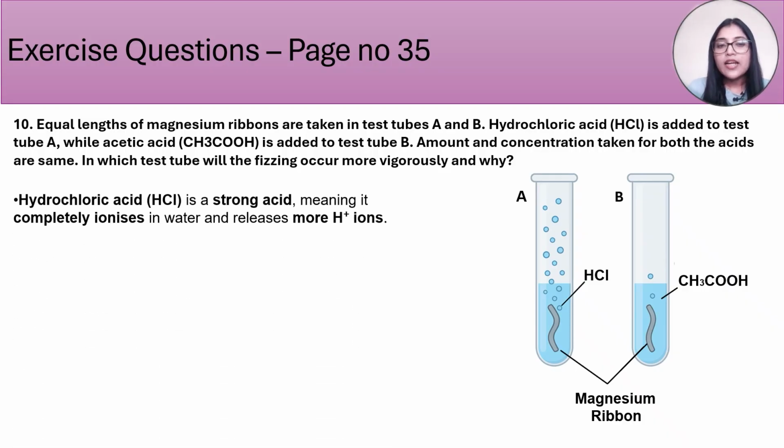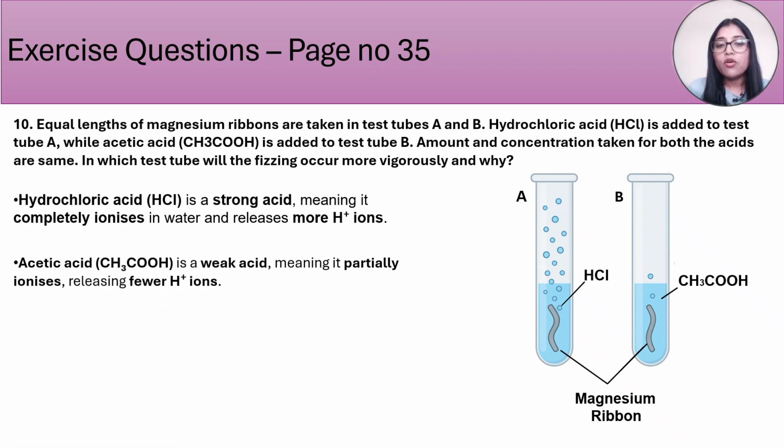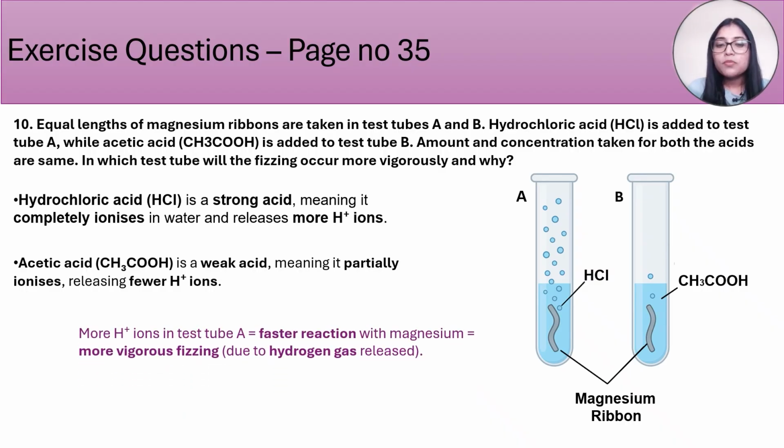So we know that hydrochloric acid is a strong acid and it's going to release more H plus ions compared to our weak acid, which is acetic acid. So more H plus ions results in faster reaction, that results in vigorous fizzing. So as we can see in the figure, the magnesium ribbon which is treated with hydrochloric acid releases more bubbles